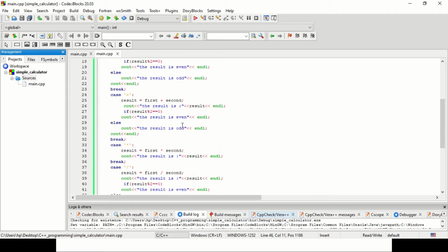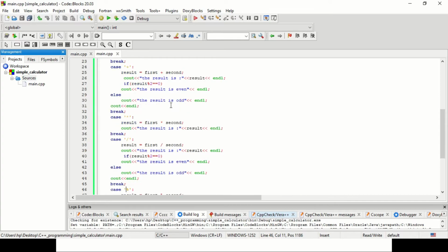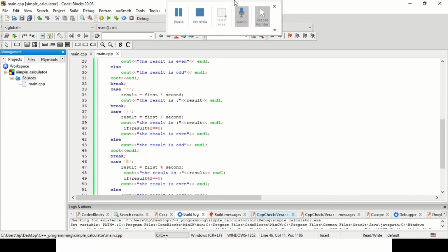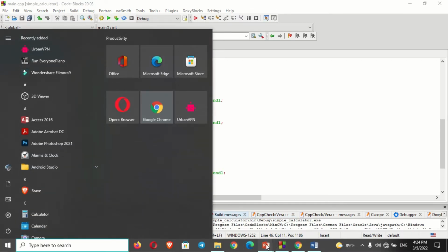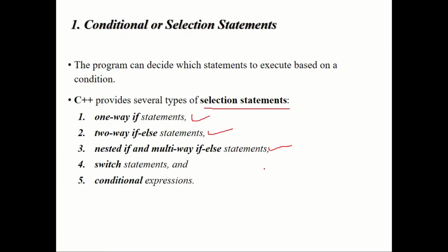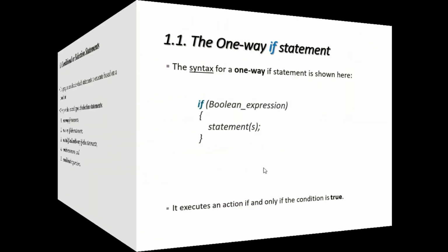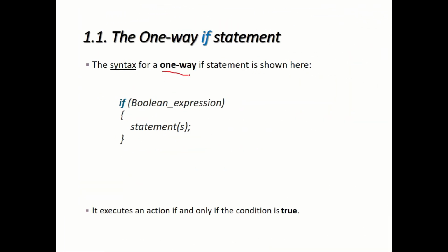This is what switch case selection statement or execution program mean in C++. Very nice. So what you should do, you should place each condition based on the problem that you want to solve. I think it is clear. So the syntax for one way selection statement is: if Boolean expression, statement. If you have money,